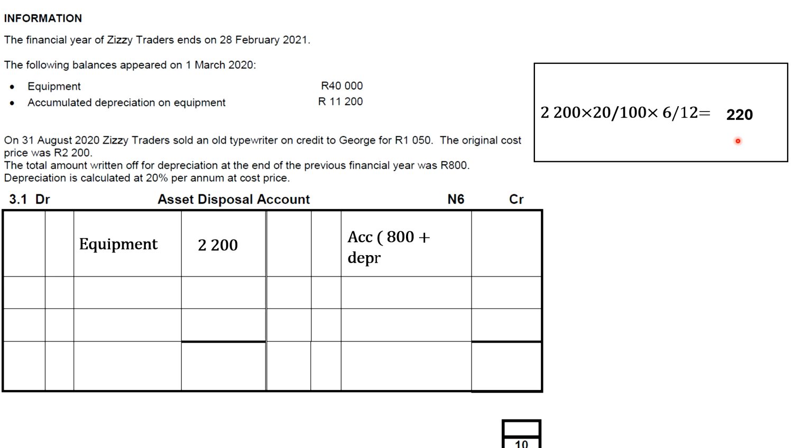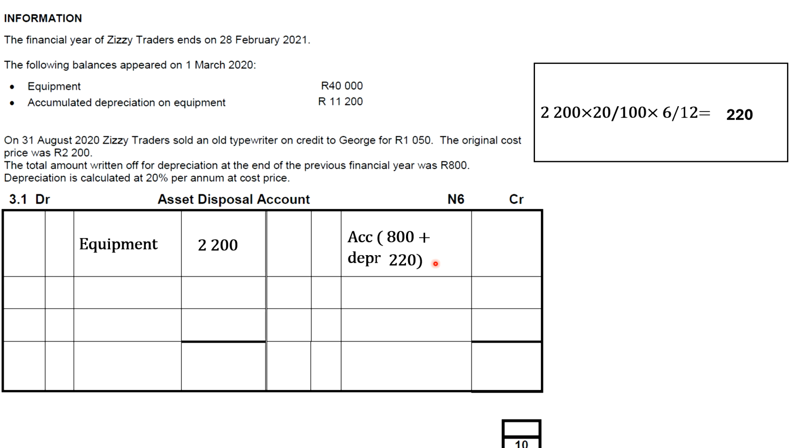So we're going to take this 220, add it to our 800. Then we close off our brackets. Basically, that was it. That's really most of the calculation you need to do, the accumulated depreciation. But keep in mind that this is just a first example, and this is the simplest way they can ask asset disposal. In our next example, we're going to do a lot more calculations than this. This one is really simple.